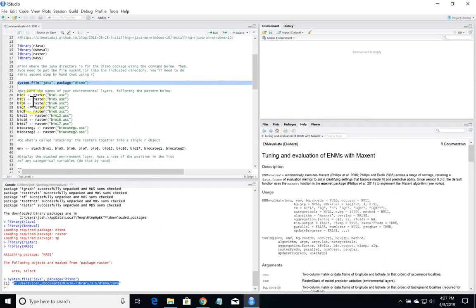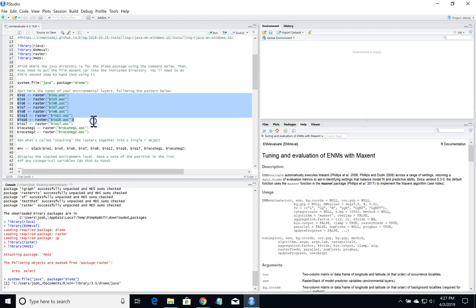And now we're going to import our environmental layers into R and turn them into R objects. So if you're doing this with your own data, you're going to want to change the names of these files to reflect the names of the files that you are actually importing into R as raster objects. And that's what would go in quotation marks here. Over here on this side, you would put the name of the R object that you want to be created when you import that